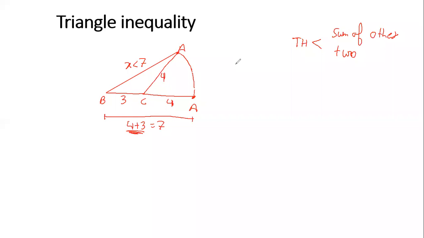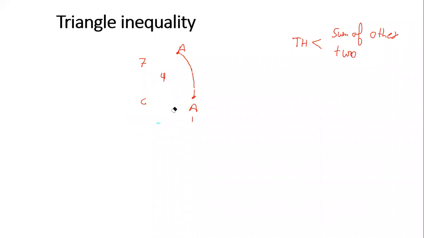So let's take one more example and try to understand the other scenario. This time, let's say this is the triangle. This is A, this is B, and this is C. And let's say this is 4 and this is 3. Now this time, if I start bringing this point A down anti-clockwise like this,